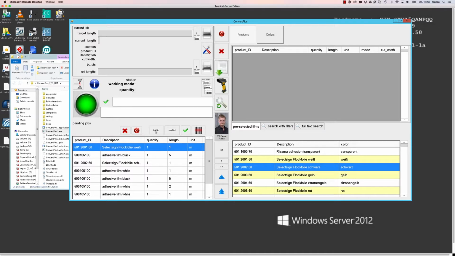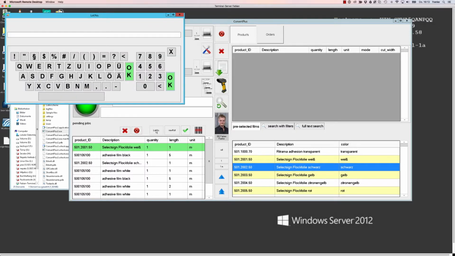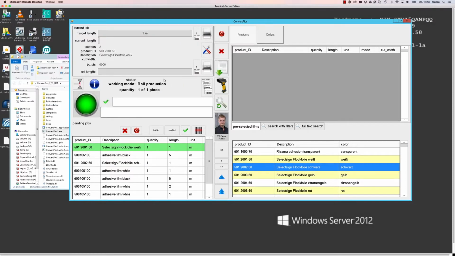There's also the possibility to save a batch number or a lot number within one production job. I have to confirm one line first. I will enter one manually here. So from now on all barcodes, and if you also design your label like that, also in printed text, you will be able to read the lot number and the batch number from the customer labels and also from the warehouse labels. And when you use that roll for the next time,